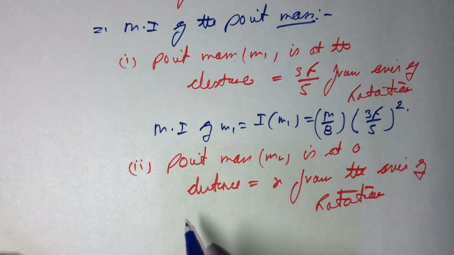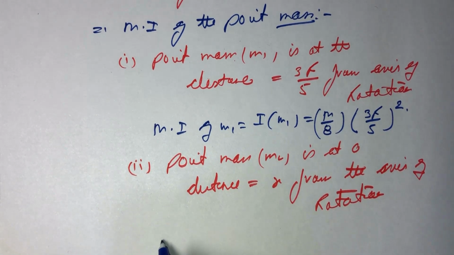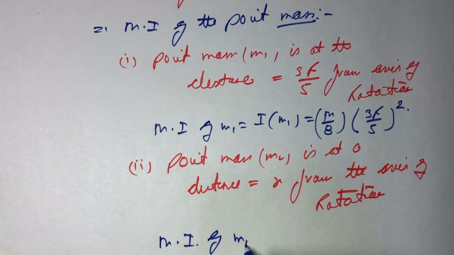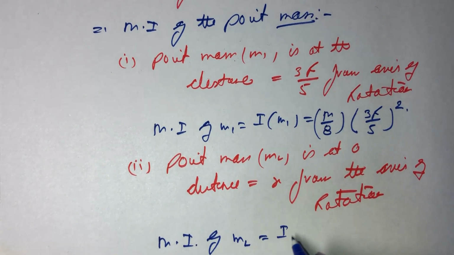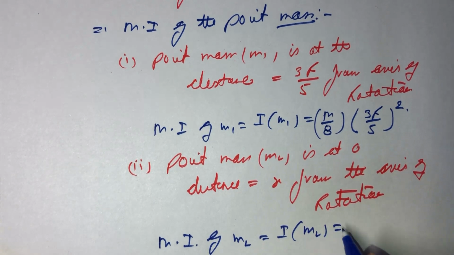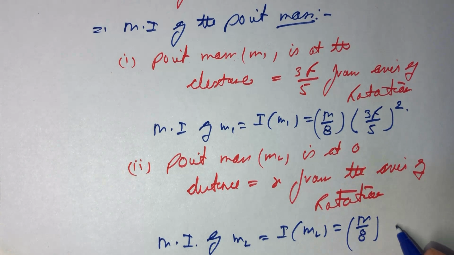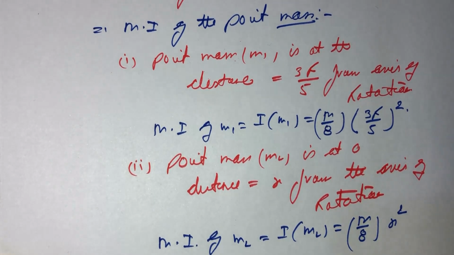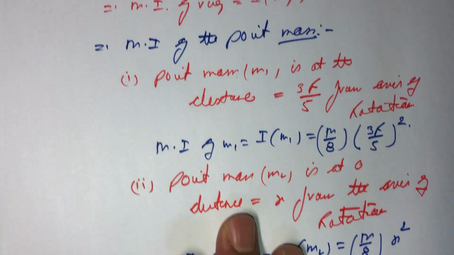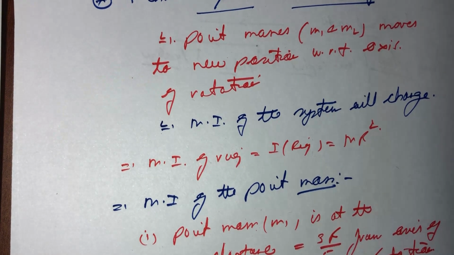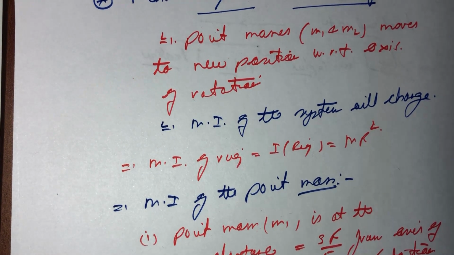Therefore, we can say that the moment of inertia of m2, let us suppose it is given as I m2, will be equal to m by 8 and x square. So we found out the moment of inertia because of both point masses,